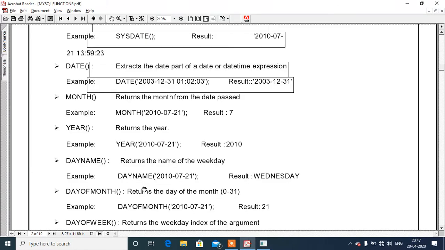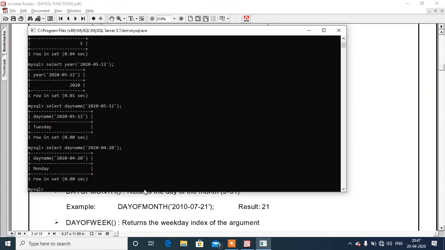Now the next function is dayofmonth. The dayofmonth function returns the day of the month, that means the day part of the date. So if we write dayofmonth, this will return 20, that is the date part of the actual day.